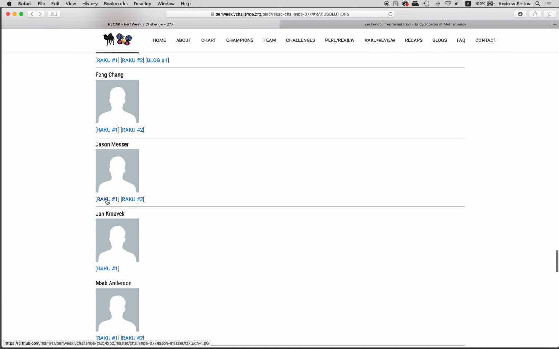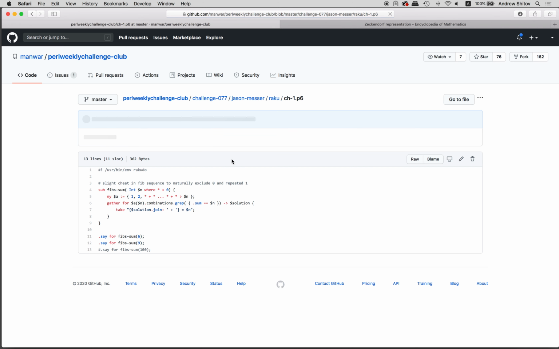Okay, so we're going to the solution by Jason Messer. Oh wow, yeah, so here is the solution with the combinations which I just mentioned. We have these two numbers, and we accept this positive integer. We again bind the scalar to the sequence of the shifted Fibonacci sequence. You see, it starts with 1. I don't know why we need this. Probably just to be able to call this. Yeah, interesting. So we see this is a block,